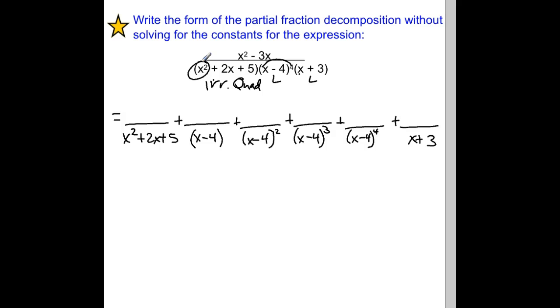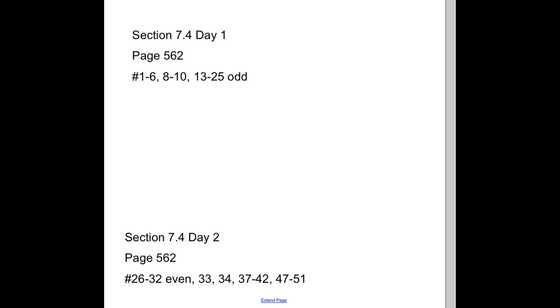Okay? So what would go on top of my first fraction? Yes, because it is quadratic, I need a linear expression. So Ax plus B. And then everything else is just linear. So I'm just going to have constants, C, D, E, F, G. We're practicing our alphabet, yes. Okay? Don't panic. I wouldn't give you one this big to do on a test. Okay? I just want to make sure we're clear on the different types of denominators I need. We good with that? Okay. So you guys are doing day 2